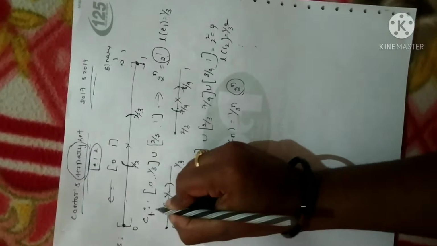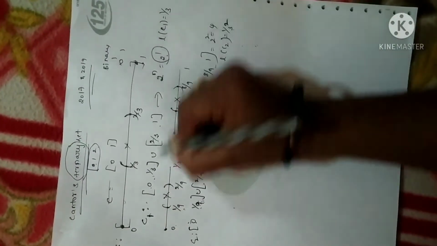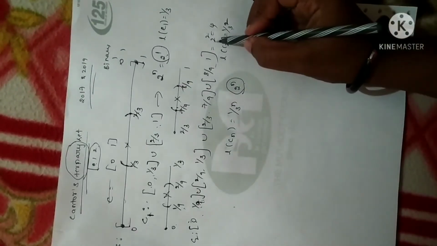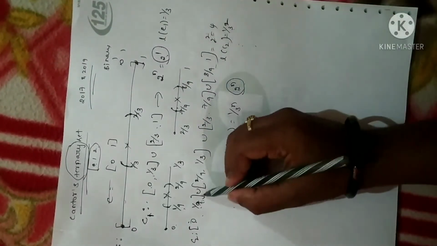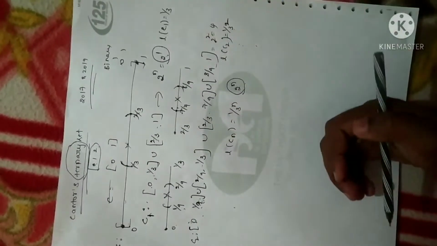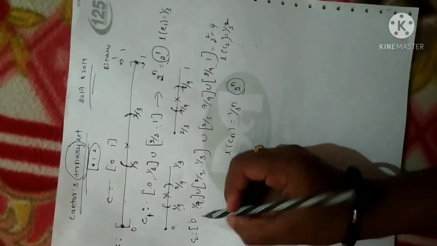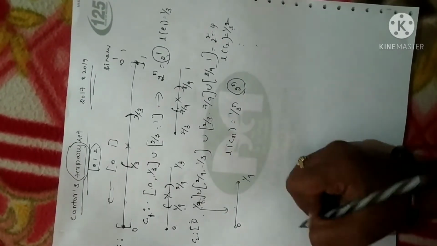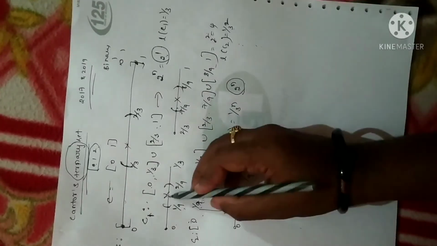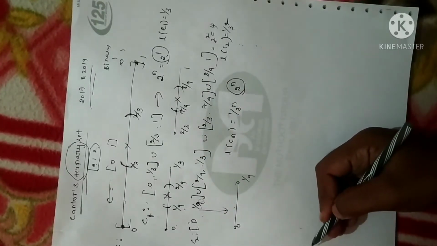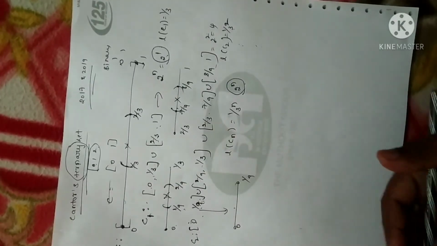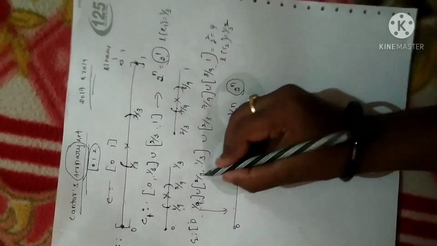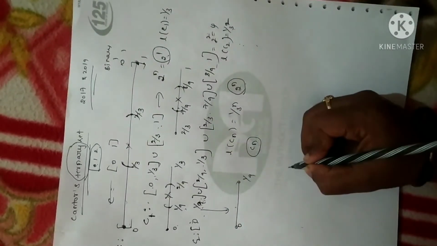You can clearly see here, in case of C1, I have obtained 2 closed intervals. So that is the reason I have mentioned 2 power of 1 here. In the second case, I have obtained 2 power of 2, that is 4 subintervals or 4 closed intervals. Similarly, when you keep on continuing the process, like 0 to 1 by 9 that I have obtained, I have to divide this into 3 parts. Again, removing the middle part, I'll get one more closed interval. So you have to continue the same process. Fine. So after doing an infinite number of steps, you're going to get n number of Cantor ternary sets, right?